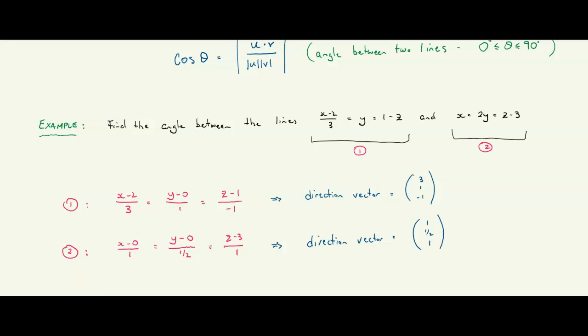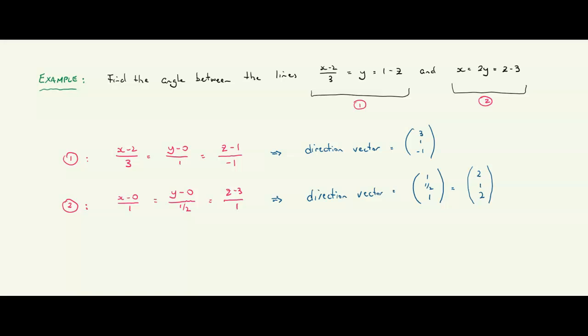Okay, so I could write that. That's just simplified. I could double each of my terms to make it 2, 1, 2. That's going to make it easier for me to work my dot product and my distances. And so now I'm going to get my